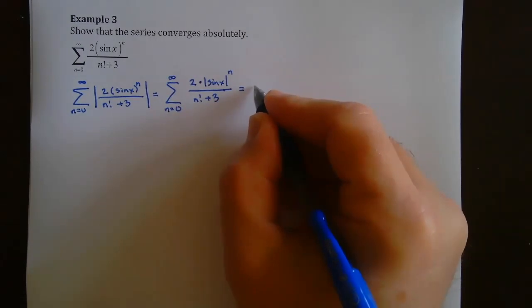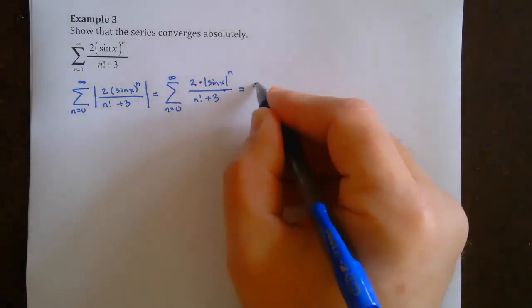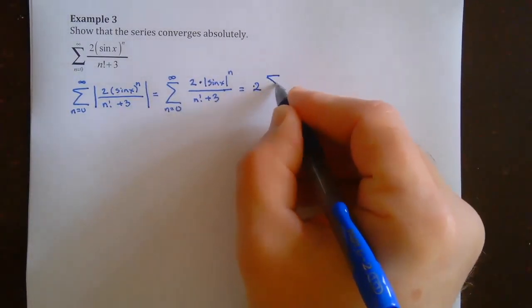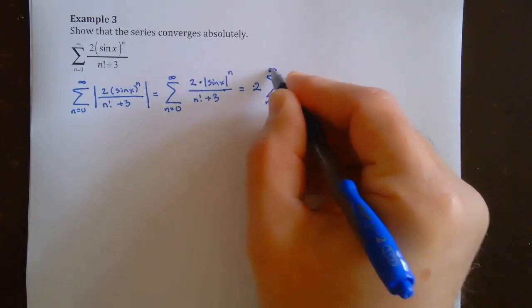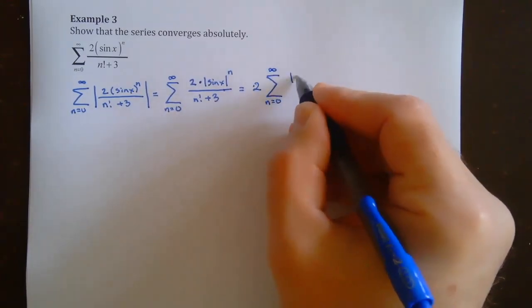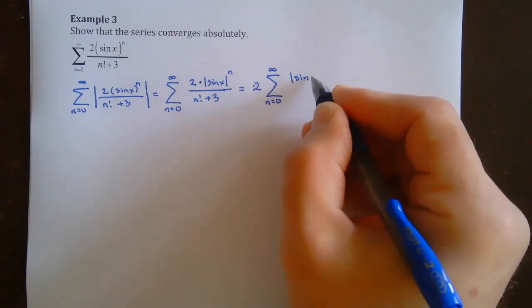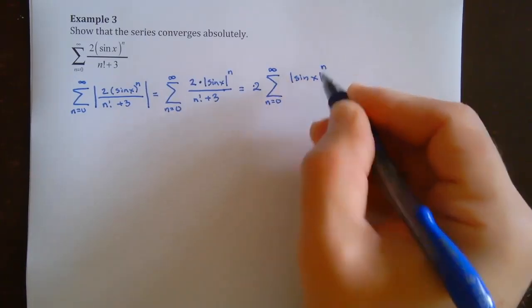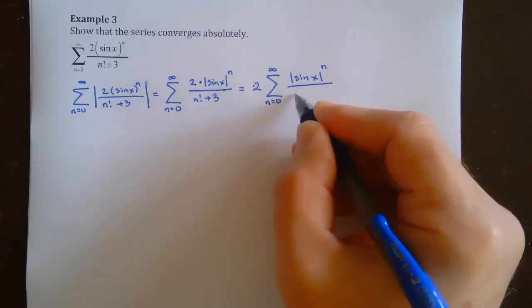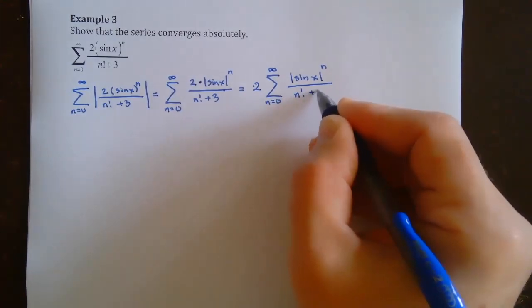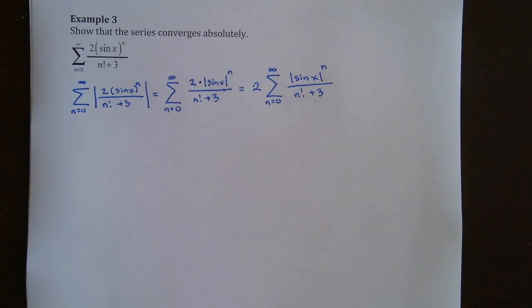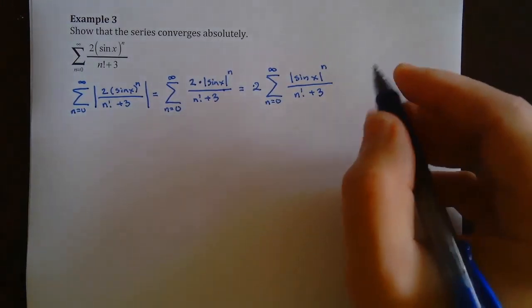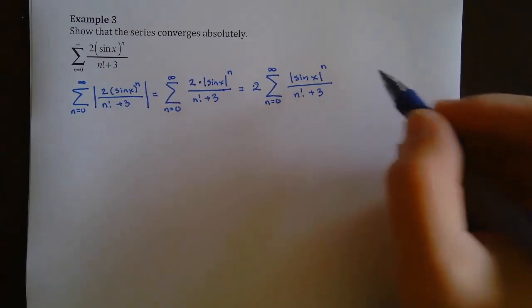So this would be 2 times the sum from n equals 0 to infinity of the absolute value of sine of x, because sometimes sine is positive and sometimes it is negative. That's why we need the absolute value, over n factorial plus 3. Okay, I've talked about this a little bit already, but what we want to compare this to,